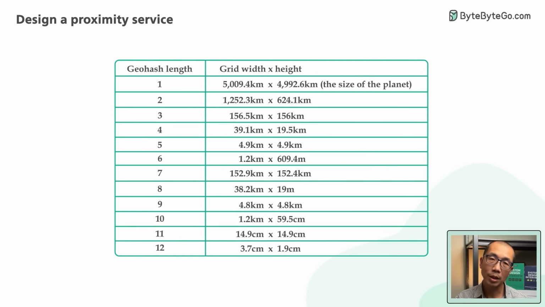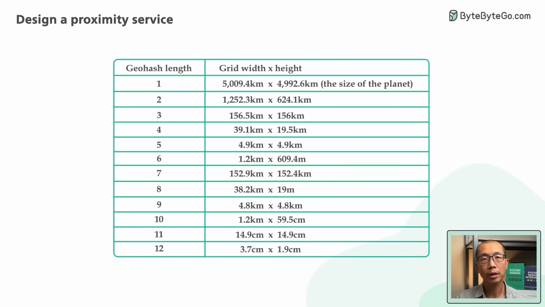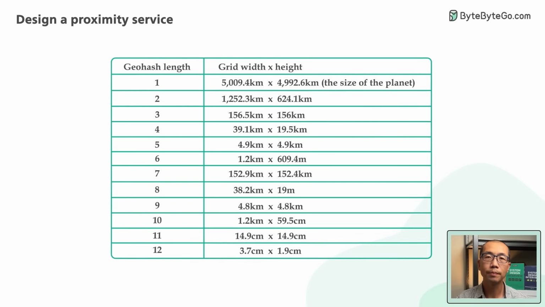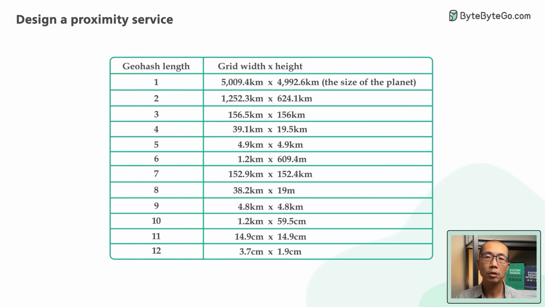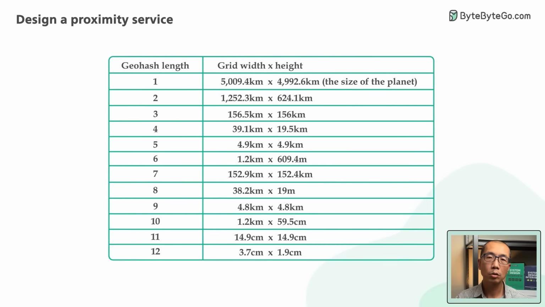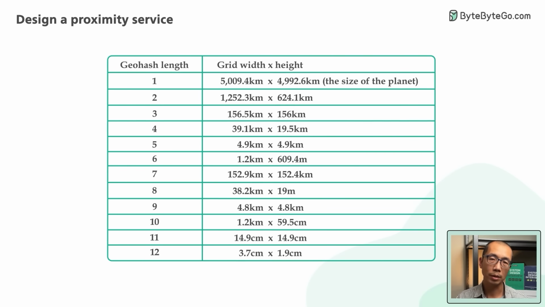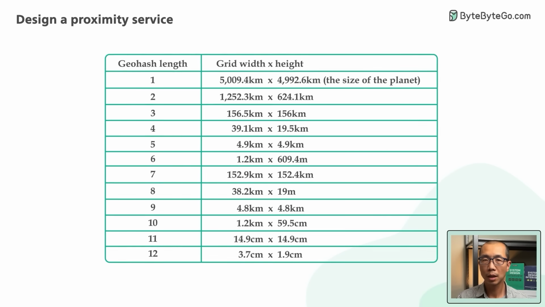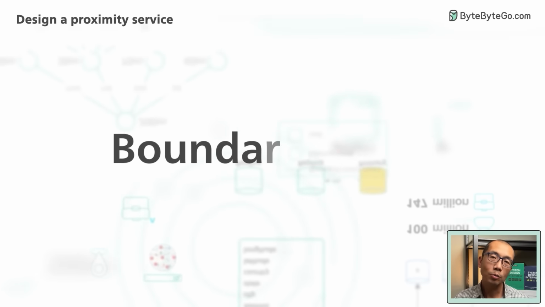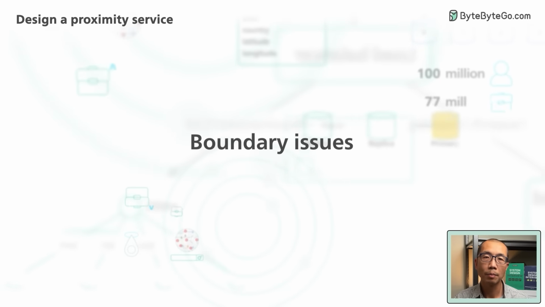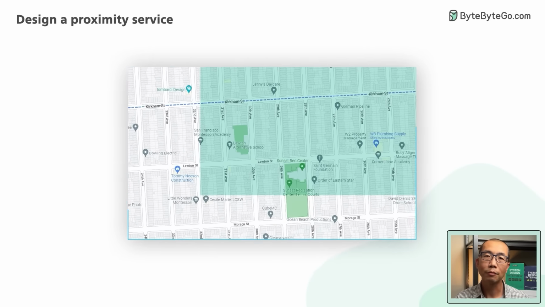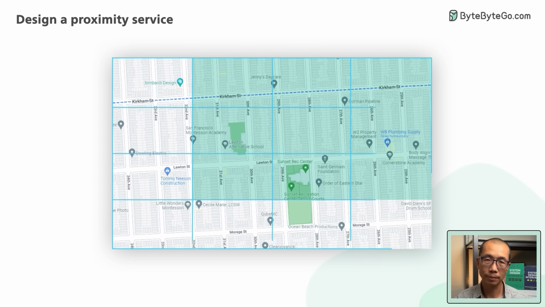Another nice property is that geohash is just a string. Searching all businesses within a geohash is very simple. It means that any database could work. We don't need to use a special geospatial database. We'll talk about how to use geohash in a relational database in a little bit. Geohash works great most of the time, but there are some edge cases we should discuss. These edge cases have to do with how boundaries are handled.